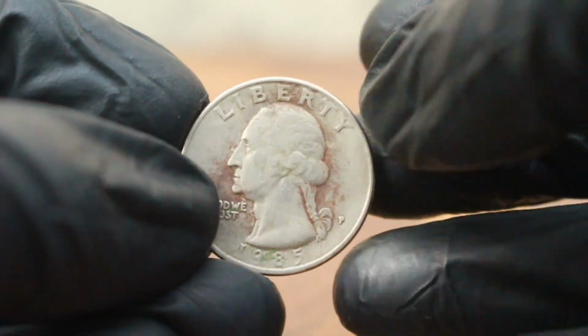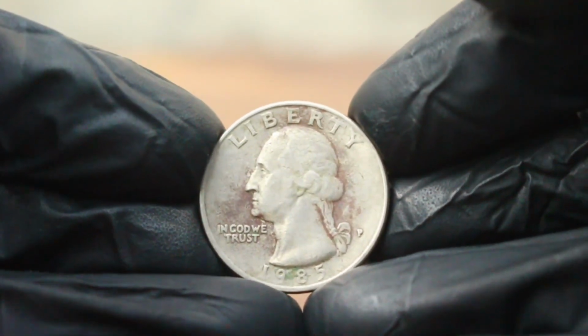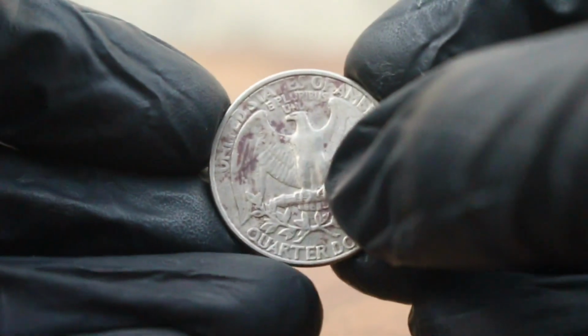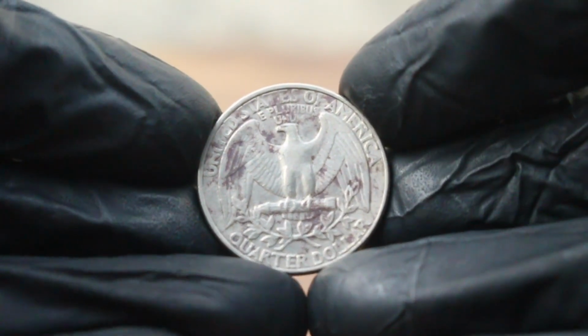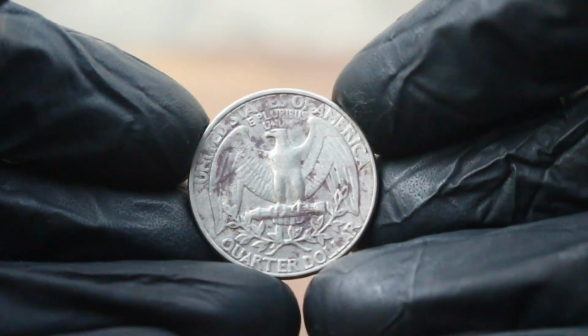The 1985 Washington quarter with the P mint mark is one of those fascinating anomalies in the numismatic world. A coin that, despite what some might see as damage or imperfection, actually commands a remarkable value among collectors. It is important to understand the context, design, mintage, and era-related peculiarities that make this coin a centerpiece of high-end